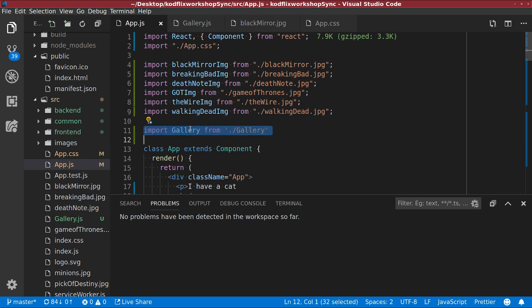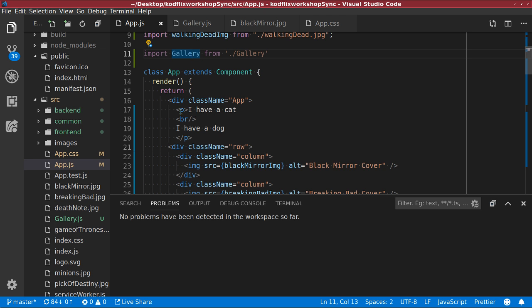And then it's this weird sort of grayed out color. Now what does that mean? It's unused, exactly. So we've imported it, but why have you imported it? Because you haven't used it. So at the moment it's redundant. If, however, we get rid of this paragraph